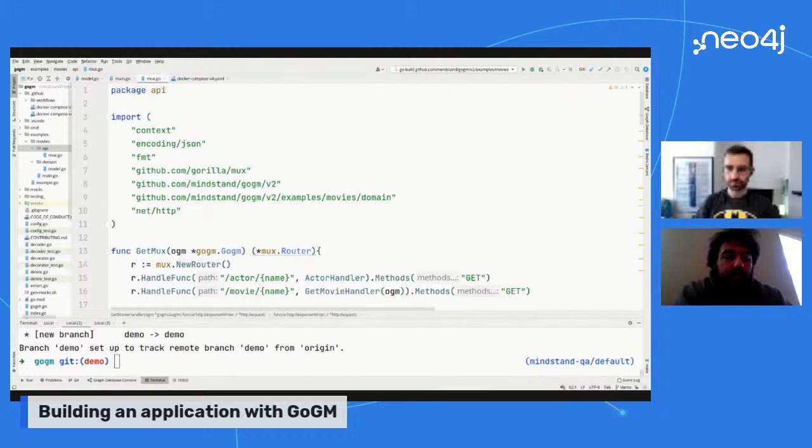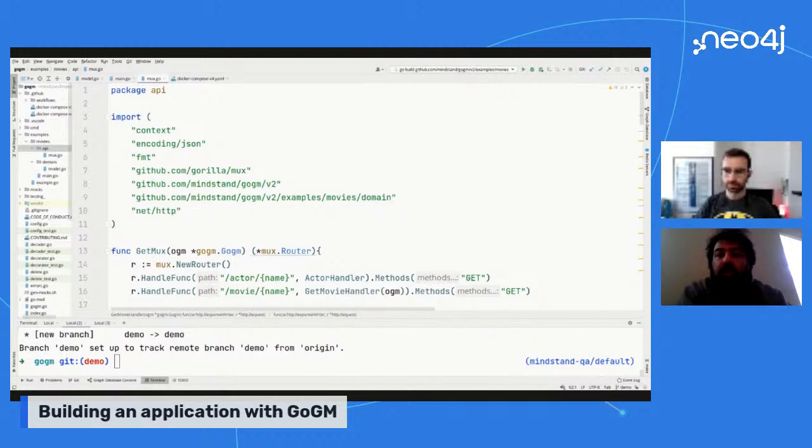So what we're going to do is see how Gogem works with an actual data set. I've already initialized a Neo4j database with the movies data set that comes default with Neo4j. And in this demo, I'll show how to set up the domain or the models for it, how to initialize it correctly, and how to use it inside of an actual endpoint.